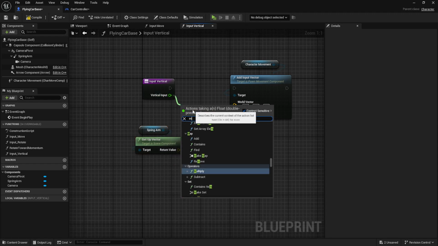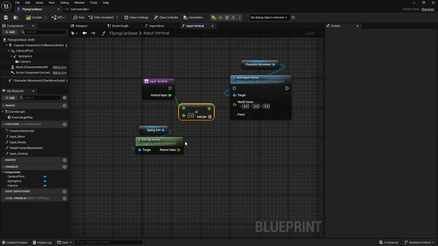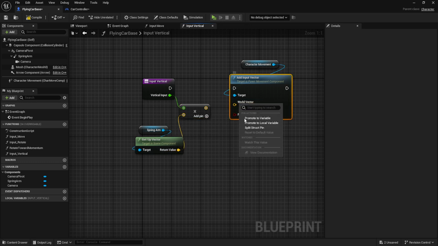And we do the same thing here. We just multiply this by the up vector. And that right there. Now, here's the other tricky part. So we're not going to actually do, you know what? I just realized we don't need to do this at all, because we probably always want to be vertical. We probably don't want this to be,